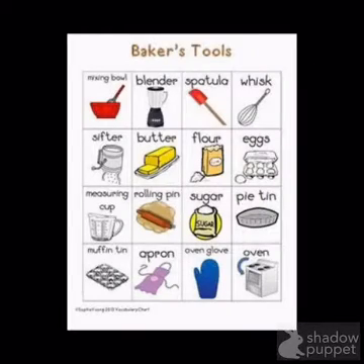And also there's a bunch of tools that you have to use when you bake. For example, you are bound to use something like a mixing bowl, also a whisk, or butter, flour, eggs, and sugar are specific ingredients that most people use when they're baking. If you're making a pie, then you'll need a pie tin. You'll also have to use possibly a measuring cup or a measuring spoon,